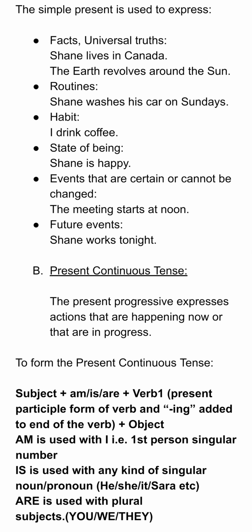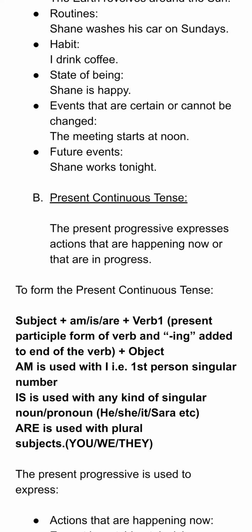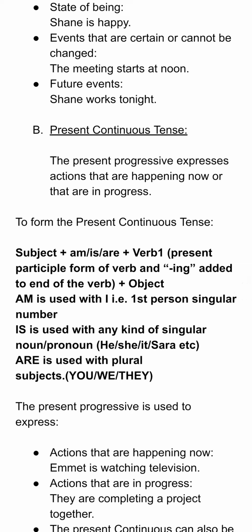Clear? Now the next form of tense that comes in present tense is present continuous tense. The present continuous tense is also termed as present progressive tense, which expresses actions that are happening now or that are in progress. To form the present continuous tense, we use the structure subject plus am is are plus verb 1, that means the present participle or present form of verb, along with ing added to end of the verb